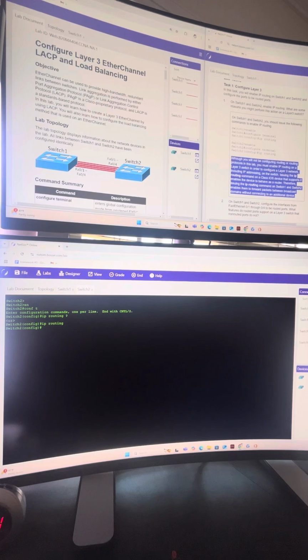It says, although you are not configuring routing or routing protocols in this lab, you must enable IP routing on a layer 3 switch in order to configure a layer 3 network, including IP addressing on a switch. Issuing the IP routing command on a Cisco iOS device that supports it enables the device to behave as a router. Therefore, issuing the IP routing command on switch 1 and switch 2 enables them to forward packets between broadcast domains without connecting to an additional device. And yes, if we want to configure IP address information on a switch, we do have to enable IP routing,